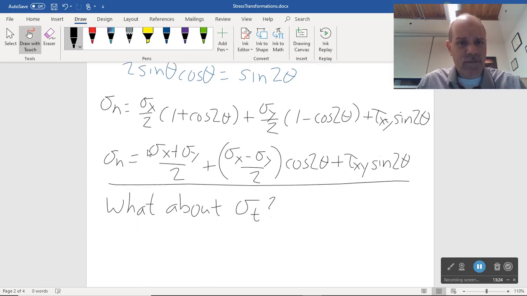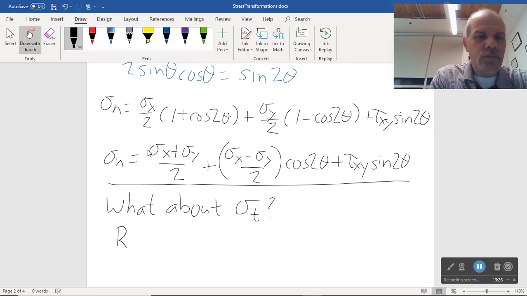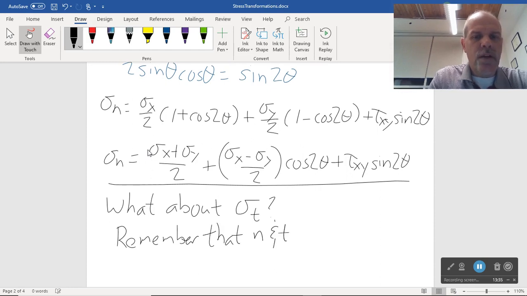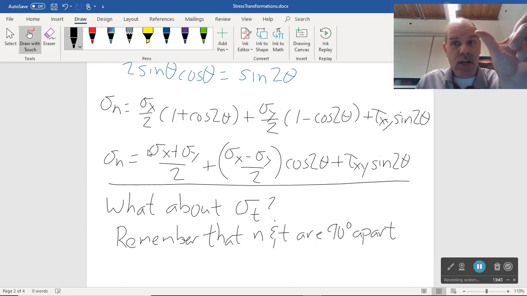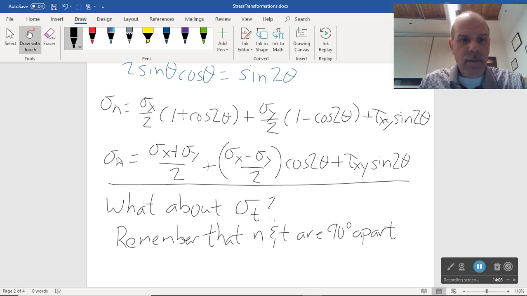Or, right? We can be clever. If we remember that n and t are 90 degrees apart, right? They're a perpendicular axis system. One is along the direction of the cut. In this case, it'd probably be this one, my index finger. My thumb is perpendicular to it. They're 90 degrees apart. So if it takes an angle theta to rotate the x-axis into the n-axis, then I got to go another 90 degrees to get the t, don't I? Right? So if we remember that, plus